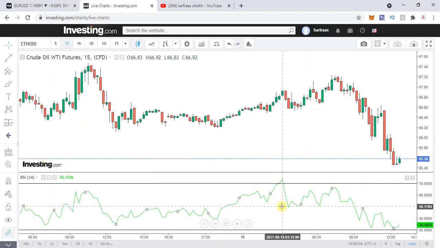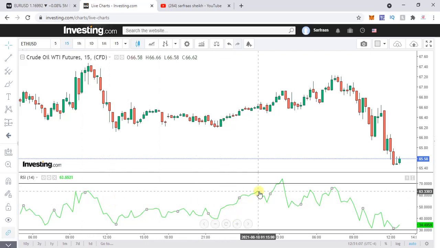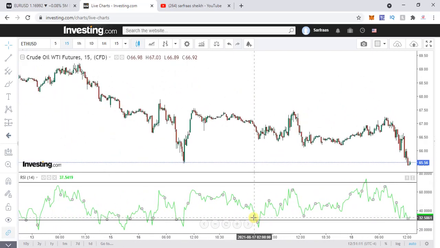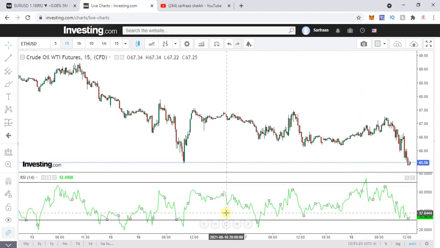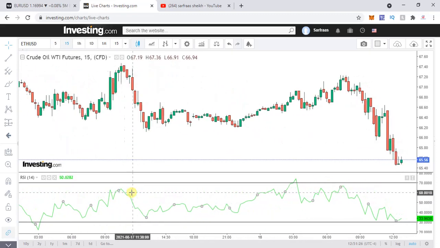Okay, so you can see over here there is a line at the number 70, and the bottom line at 30, and there is a graph which is moving. Let's zoom in. You can see that most of the time it is within this particular zone, and sometimes it goes above or below. So how do you basically use this?